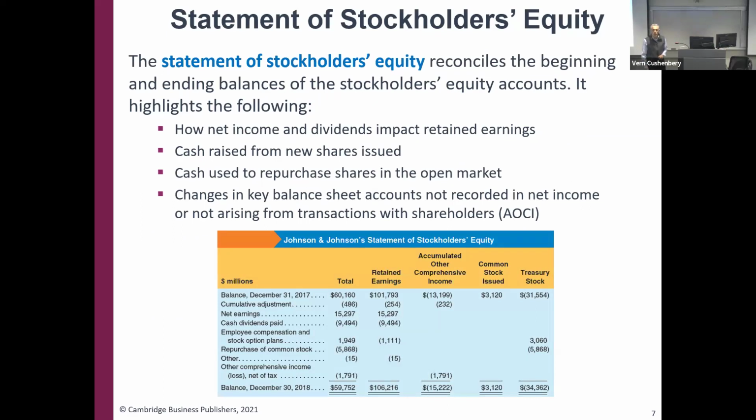So here's the statement of stockholders' equity again for Johnson & Johnson. Find this for the companies that you're looking at this semester and make sure that you understand all the terms. Typically, what you're going to see is a beginning of period date and an end of period date, and any fluctuations that occurred during the period attributed to the major categories of shareholders' equity that we just looked at. And by and large, they all break down pretty similarly into preferred, common, treasury stock, and accumulated other comprehensive income. And you can see how they vary from year to year.